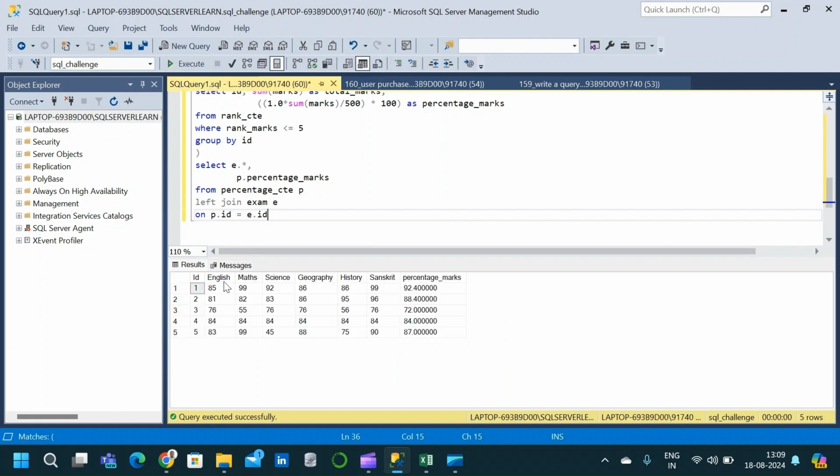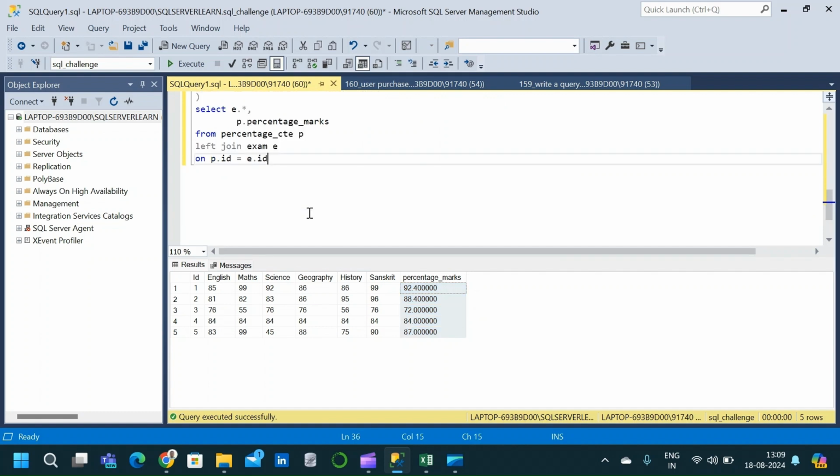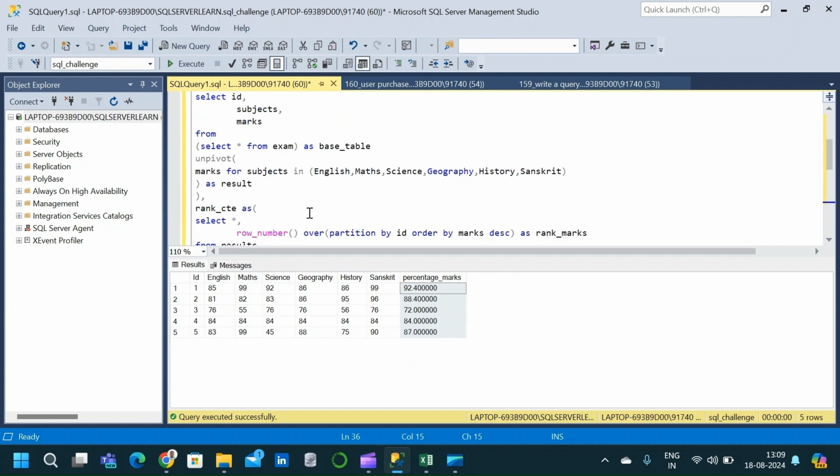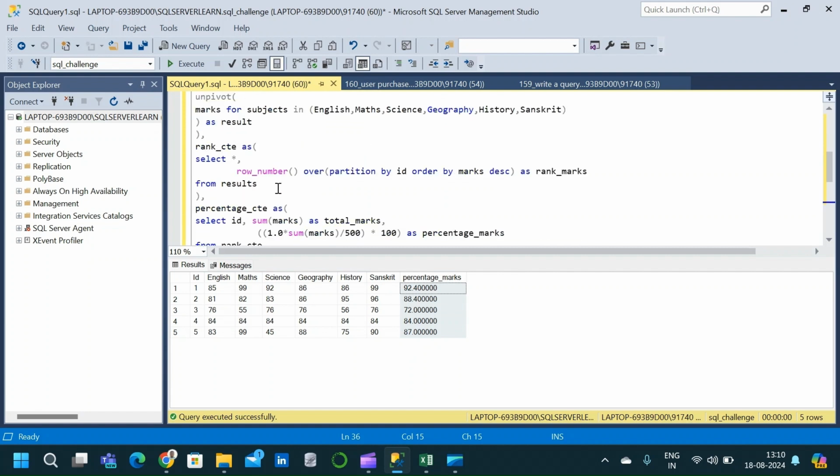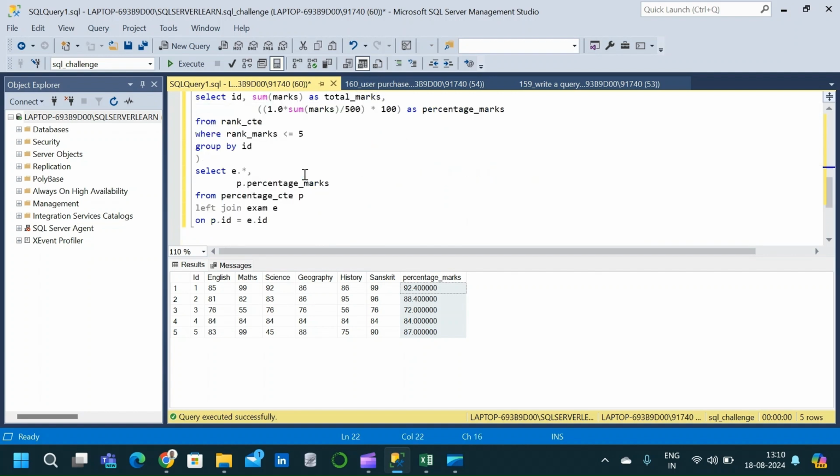Execute this and we have the ID column, that is the student ID, along with 6 columns which are the particular subjects, and the values correspond to marks. And here is the percentage marks that we have obtained for each student, considering the top 5 marks obtained by that particular student. So this is one method of solving the question. So here we have mainly used 3 techniques to solve the question. The first was using the unpivot function. Then coming down, we made use of a window function, which is the row number function. And again,